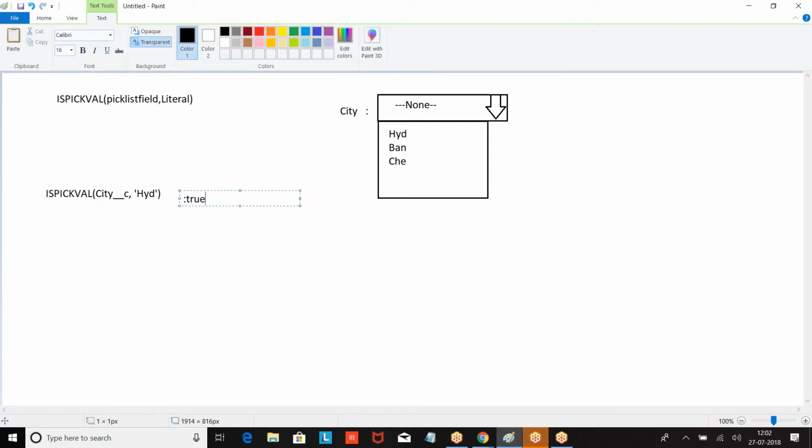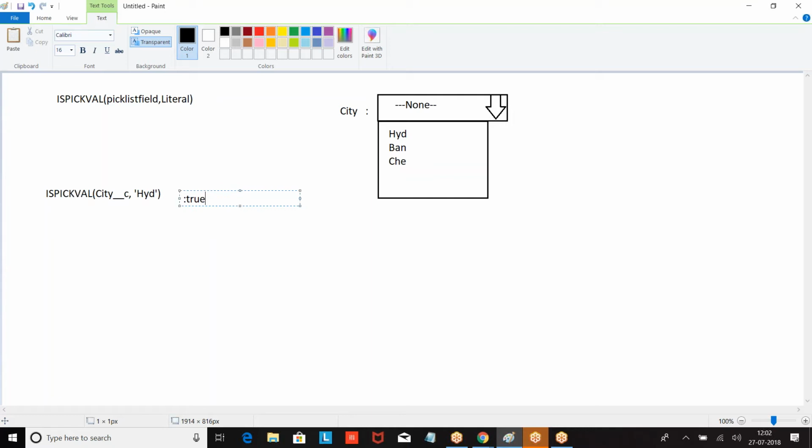If the option you have selected is Hyderabad, then it is going to give you true. Are you getting my point? We are verifying whether a particular option is selected or not.